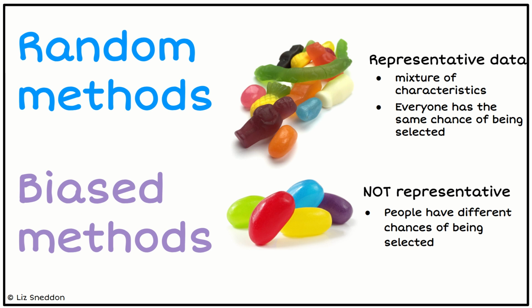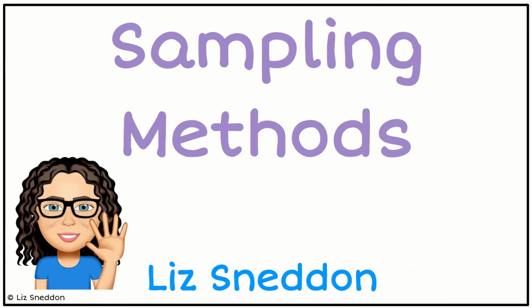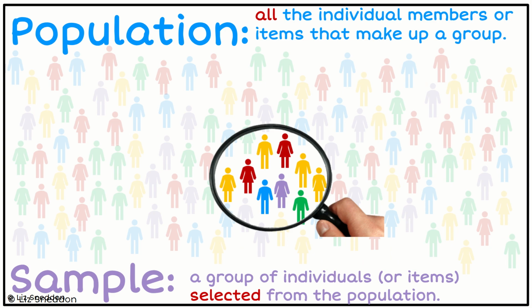So another way to think about it is what is the chance that everyone is chosen from the population. If I have my population back here, and every person in this population has an equal chance of being chosen, then that means that they would be using a random sampling method. If the people who are green are more likely to be chosen, then that leads to a biased sample, that not everyone has an equal